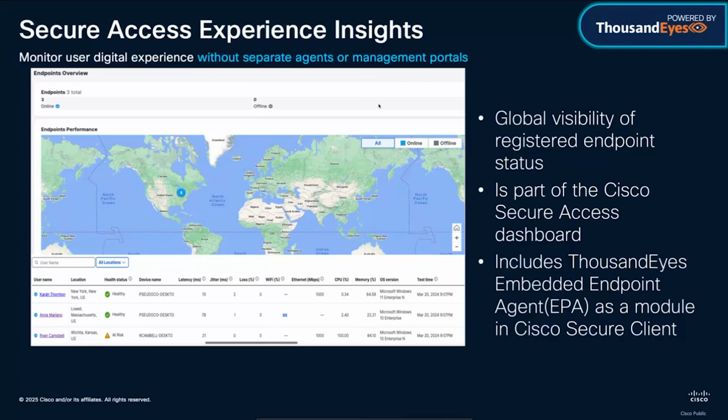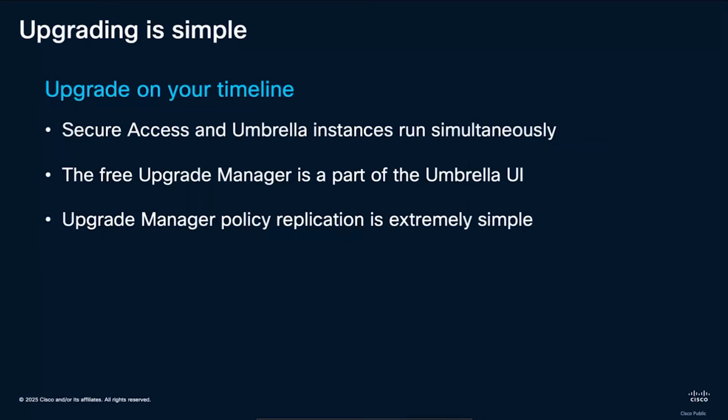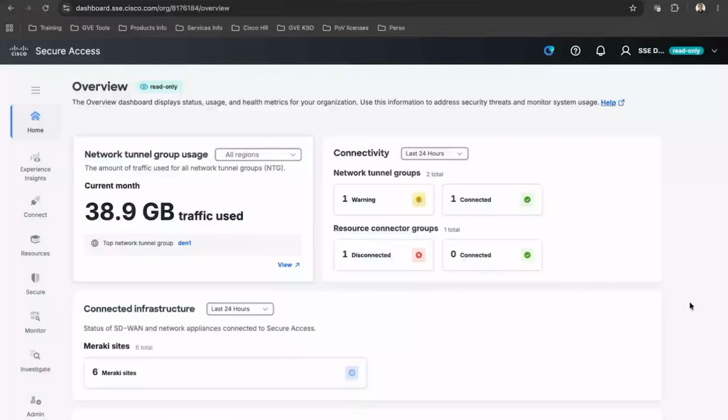So as I said, if we have customers running the umbrella solution, we can migrate their deployment. We can use the free upgrade manager and have two instances. We have the umbrella and the secure access instances running in parallel simultaneously to see if the migration was successfully done, with all the policies migrated from the umbrella to the secure access part. This is the secure access